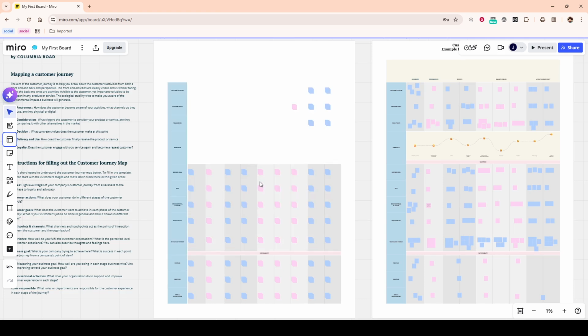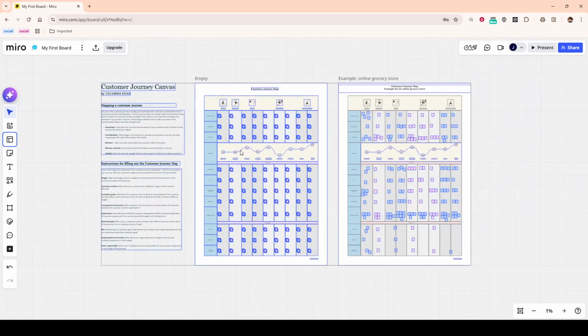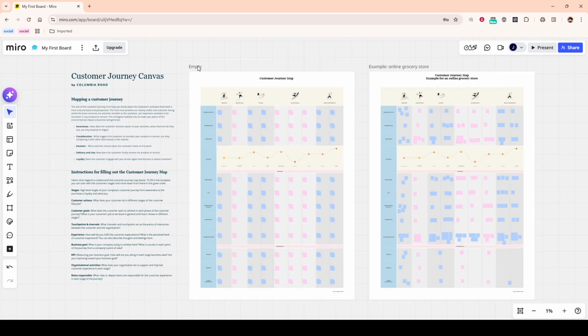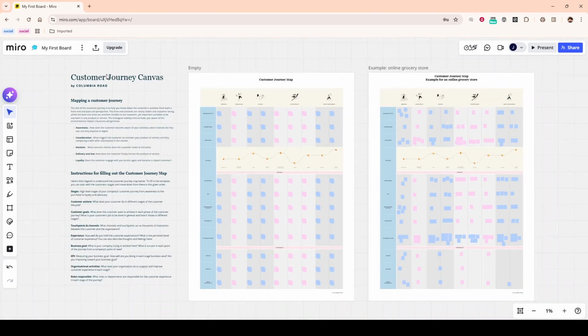Now you will place it onto the canvas. Click in the center of your canvas to drop the map in place. Centering it is a helpful starting point because you can expand outward as you add details or add supporting notes nearby. Once the template is on your board, go to the top left area of the map and find the